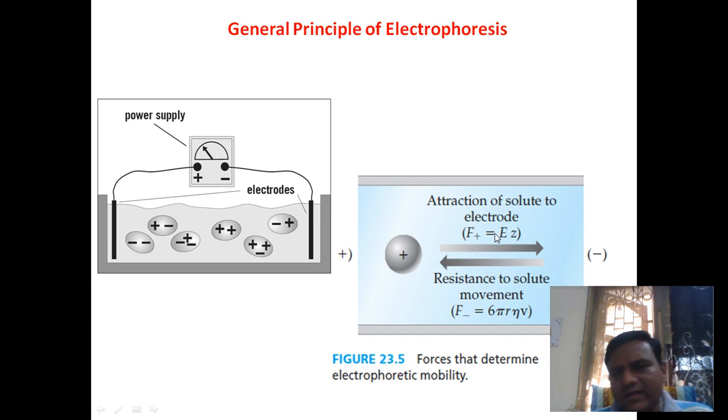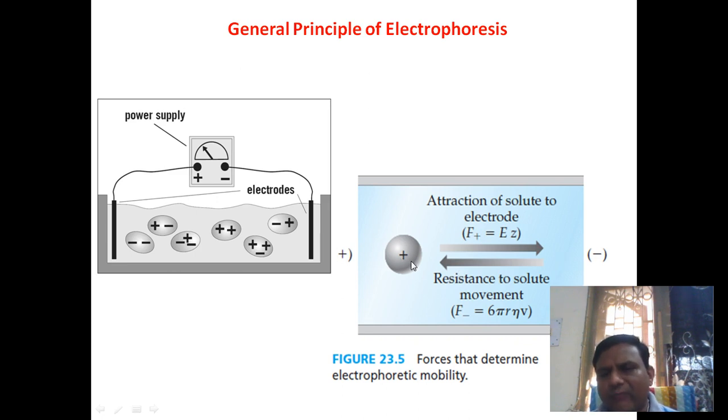You can see here in the next diagrammatic representation, this one is the positive charge electrode. When we apply the electric current to the medium, under the influence of the electric current, this positive charge molecule starts to migrate toward the opposite charge electrode. This one is the negative charge, and this one is the positive charge electrode. So when we apply the electric current, this positive charge molecule migrated toward the negative charge electrode.